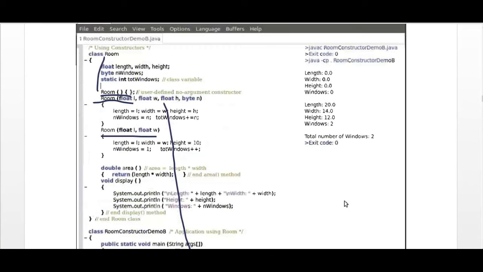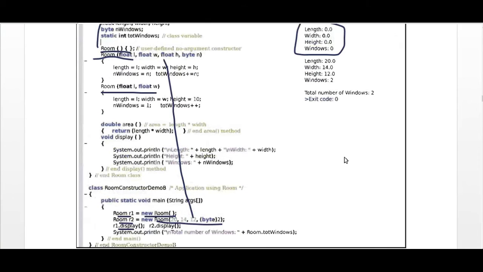You can see here a default constructor has a 0 value, which is 0.00. Now see r2 dot display. Reference 2 has values. So you can see here its result.